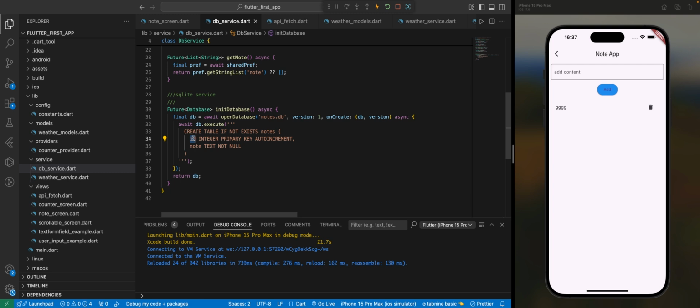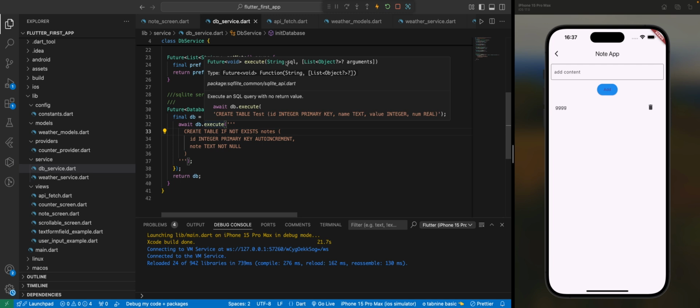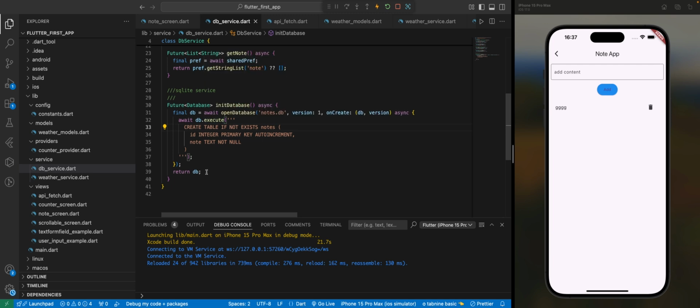Remember, normally you need an ID to identify the table, okay? Then we have notes. This note is just about the content, okay? Text, not null. So the text cannot be null. That means anything null will not be allowed into the database, okay? This is just a string, because this execute accepts a string, right? So that's it. Then we are now going to return the database,